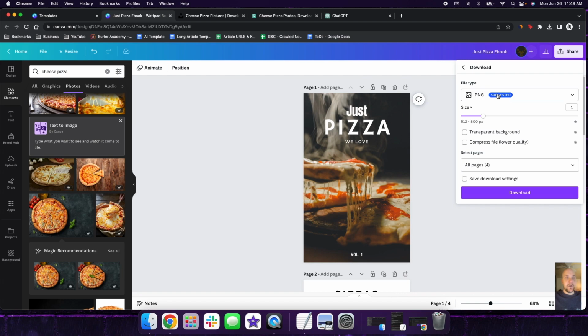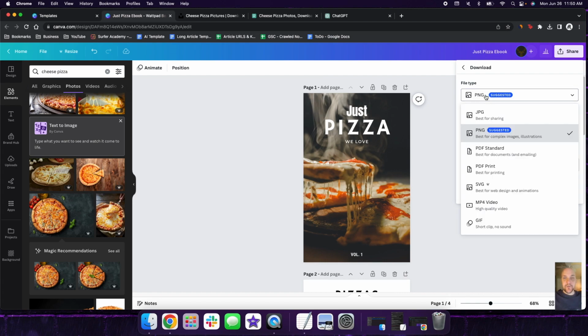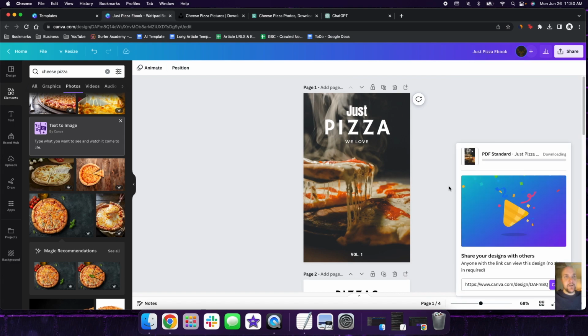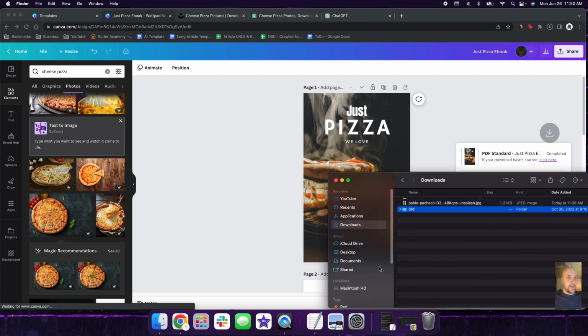And then what we're going to do is, we don't want PNG because we want this to be something that's going to be more high quality, but it has to add the images and act as a true ebook. So we're going to click the drop down menu for the file type, and we're going to actually do PDF standard. And the reason we're doing that is because that's the best for documents and for emailing. If you wanted to print this, you could print it, but for this instance, we're talking about an ebook. We're assuming it's going to be your digital product that you're going to sell. So you want to save it as best for documents and emailing. And we want to make sure we do all 4 pages because we want all the pages in our ebook. So click on download,